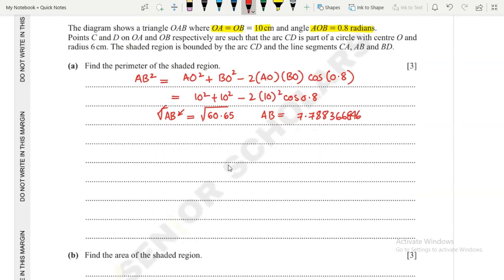Now what we can do is that we can find the arc as well. So the arc length will be r theta. So r is 6 centimeter into 0.8. It becomes 4.8. So 4.8 is the length, okay? Now we have the other two sides which are 4 and 4. So perimeter will be equal to 4 plus 4 plus the arc length 4.8. Then we have